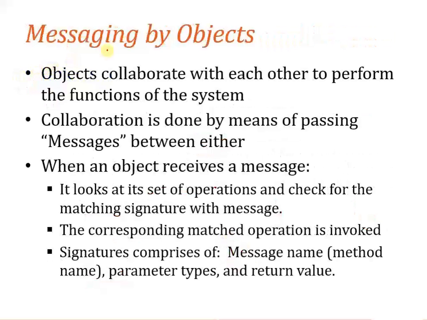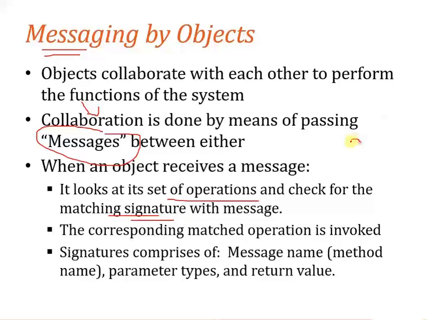Next concept is messaging by objects. Between two objects, information transmission is done by something called messages. Such message transmission will lead to something called collaboration. When an object receives a message, what happens is that it looks through a set of operations, checking for a matching